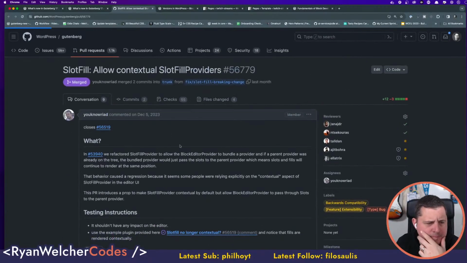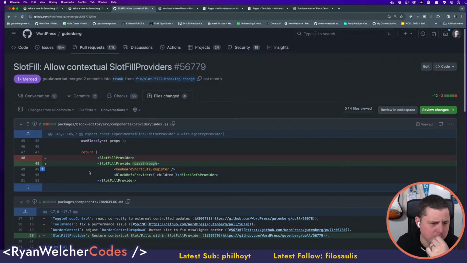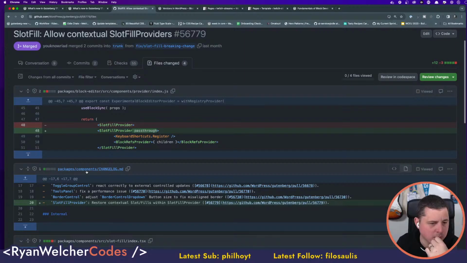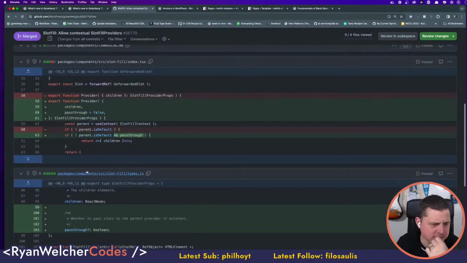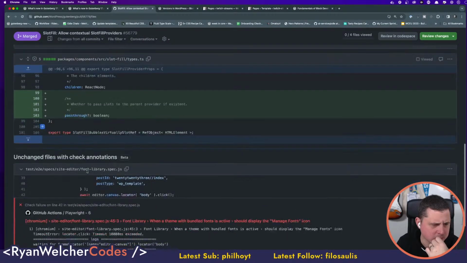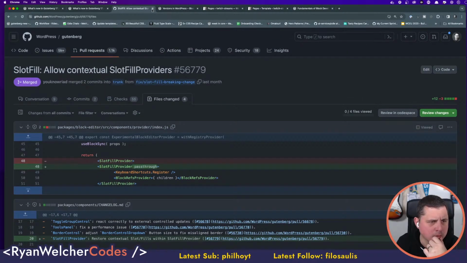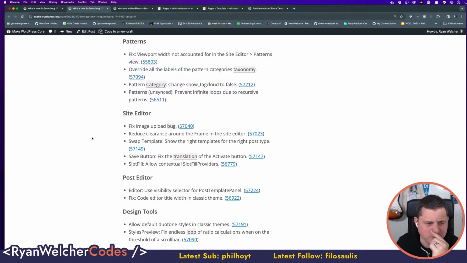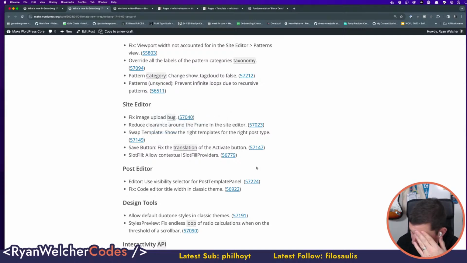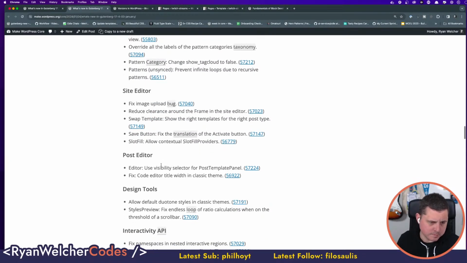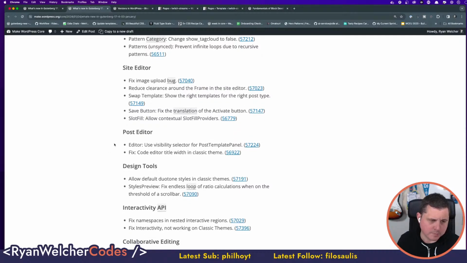What does that mean? It's a pass-through prop. Okay, I don't think this affects anything that we really need to be worried about. This looks like it's only going to affect people that are building out their own slot fill systems.